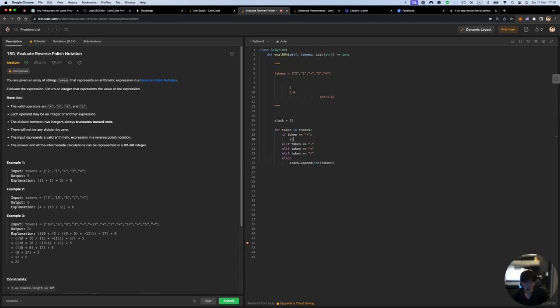And what else? If you see the addition sign, we can just say stack.pop, we pop the first number, and then plus stack.pop, and add it with the second number. And this is going to be the same with the multiplication. Here you just need to change the operator to multiply. And for minus and divide, it has to be a special case because we always want to